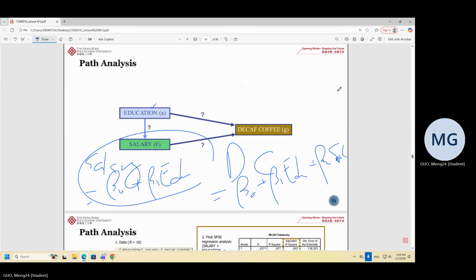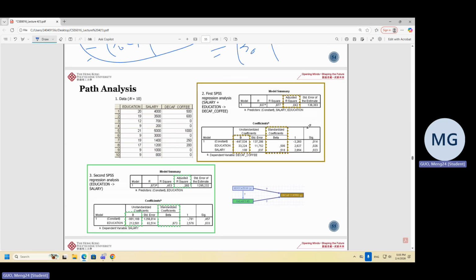Okay. And this is the example file based on SPSS. SPSS is the most basic software for statistical analysis. So I think it should be available in PolyU also. So here, this is the data. Okay. X1, X2, X3, and this is the observation: 1, 2, 3, 4, 10, and so on. Okay. Here, the first analysis